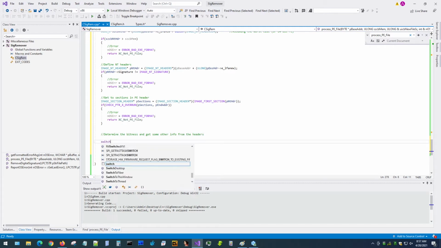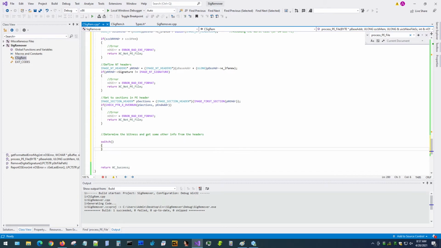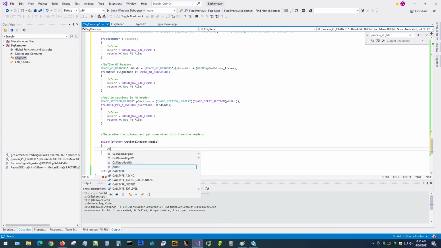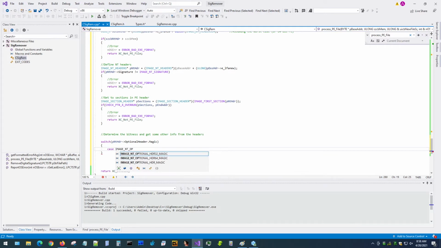Now the way we check bitness is by using the NT header structure and something called the optional header, which is not really optional, and we use what is called magic. I know, really bad naming, but that magic has special magic constants, which is NT optional HDR32 magic for